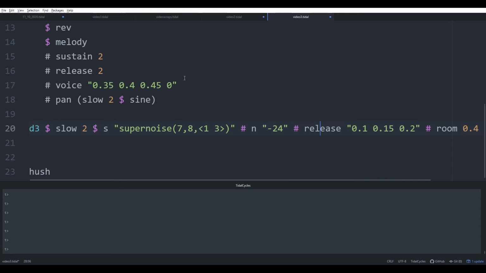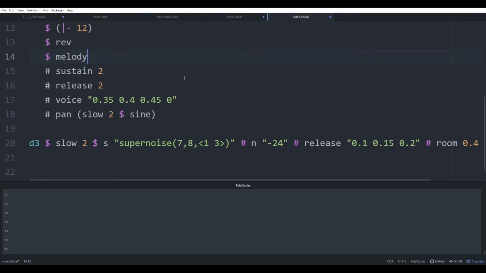And we have to shift it down a lot in terms of notes to make it sound kind of heavy, kind of drummy. But now if we combine all these elements together,